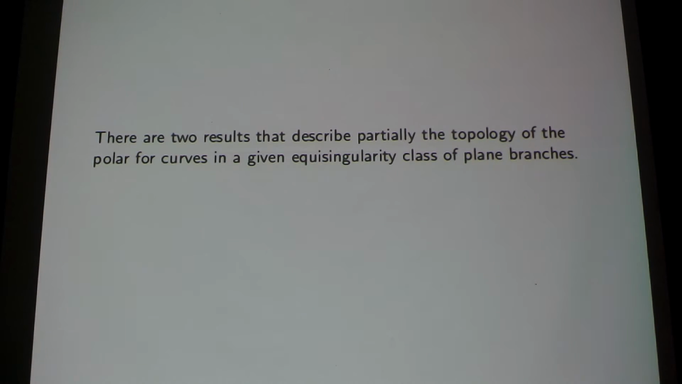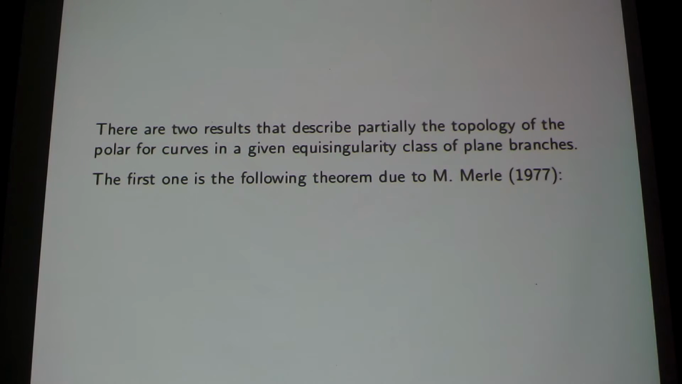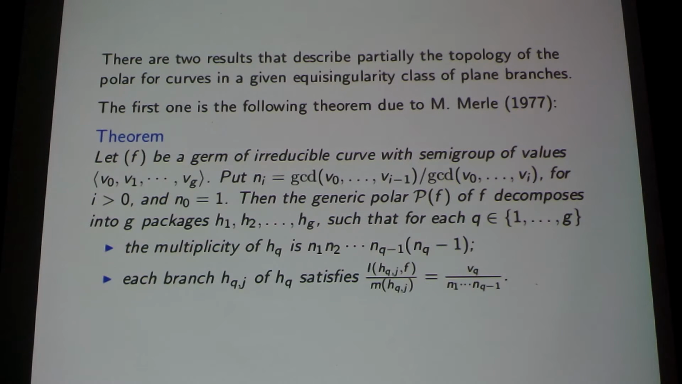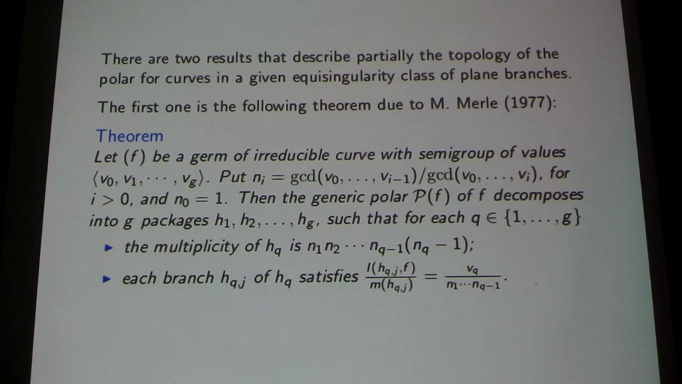Okay. Well, there are two results that describe partially the topology of the polar for curves in a given equisingularity class of plane branches. The first one is the following theorem due to Merle, 1977. The theorem says that if f is a germ of an irreducible curve with semigroup of values v_0, v_1, ..., v_g, and we put n_i, these integers, the quotients of the GCDs of the generators, and we put n_0 equal to 1, then the generic polar P_f of f decomposes into g packages, g being the genus of the curve,